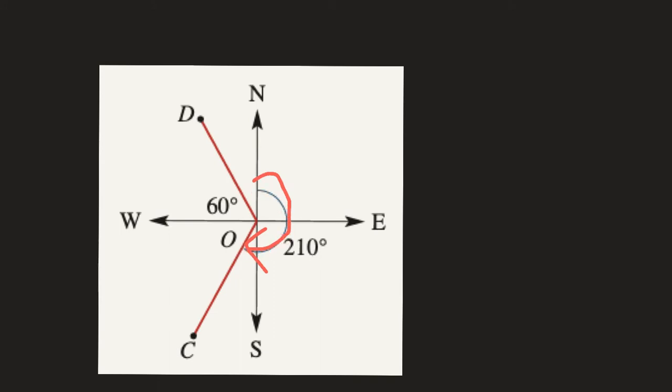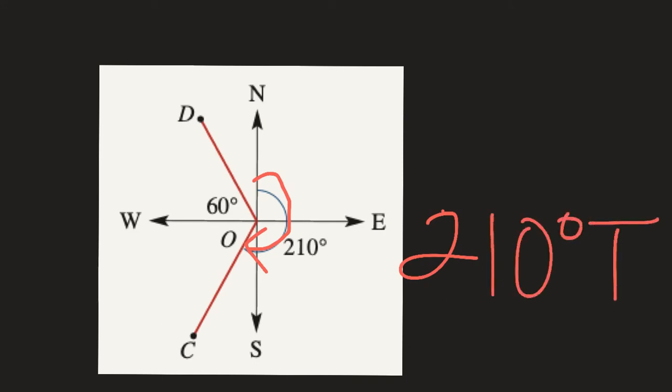So that is half of the problem. So you know that you're measuring from north and you're also measuring in a clockwise direction. So that makes this question really easy. So that would make the answer for this one, the angle from C to O, to be 210 degrees true,